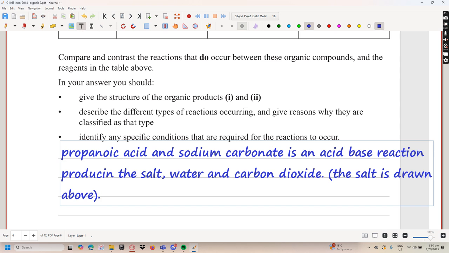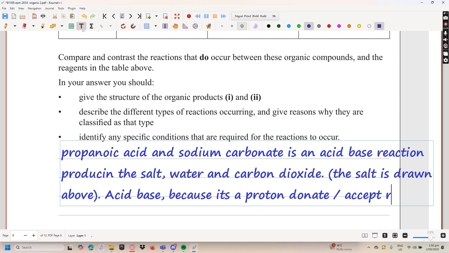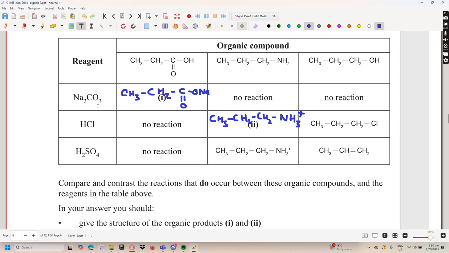As acid-base, because, well, it's a proton donate/accept reaction. So whenever that happens, whenever something just gives away a proton and something else accepts it,